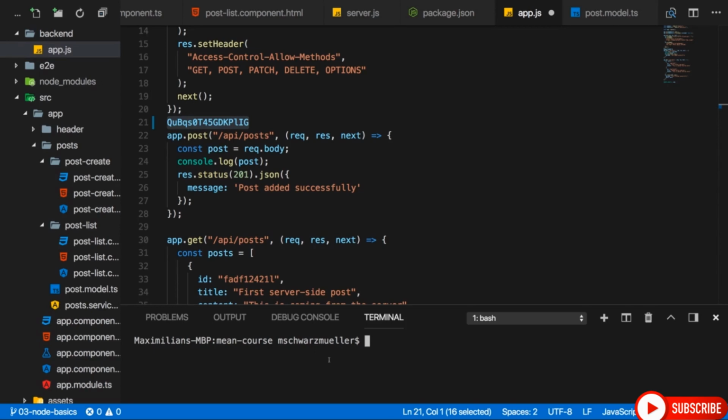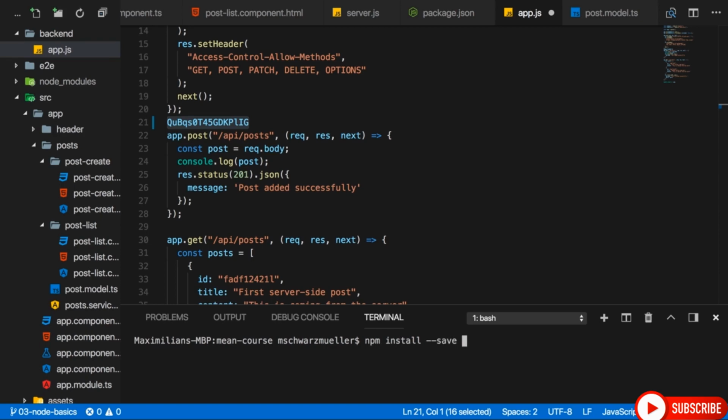So in the last lecture, we started setting up our MongoDB on a cloud storage, or maybe you installed it locally. In both situations, you have a database, at least soon, and now we need a way to connect to that database from within our Node Express application. And for that, we'll use a third-party package. Now, actually, there are two packages we could use. We'll install it with npm, so the command will be npm install --save to also store an entry in the